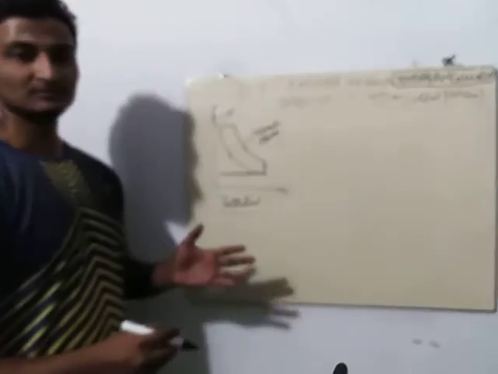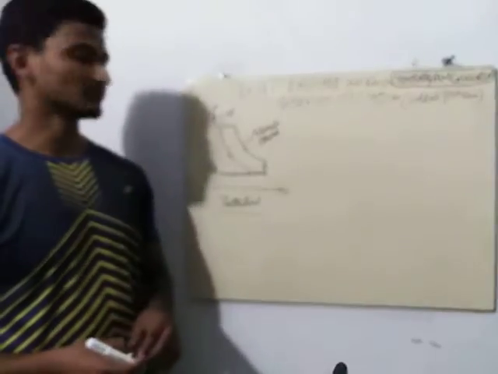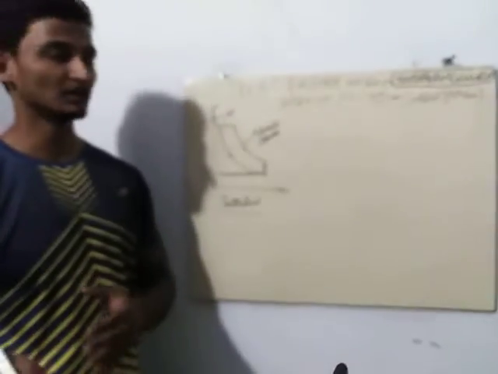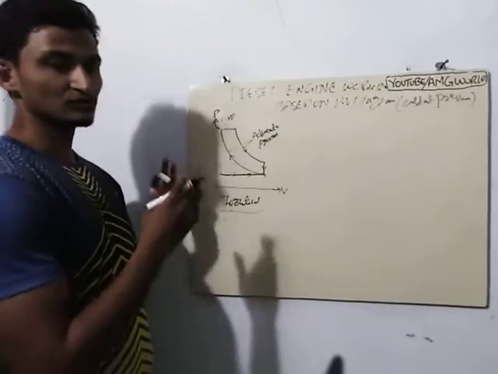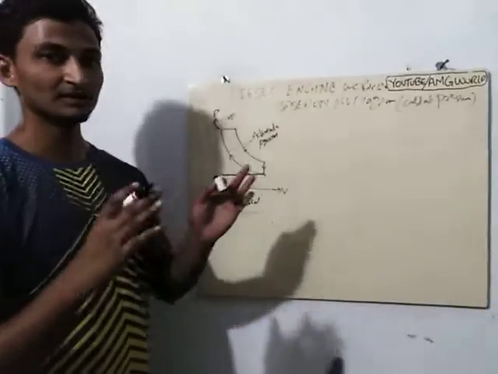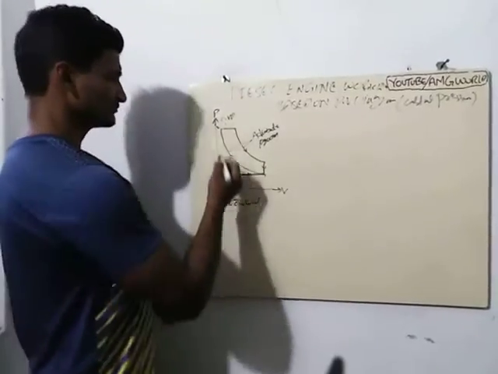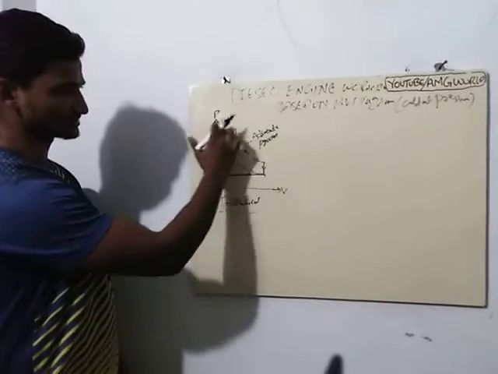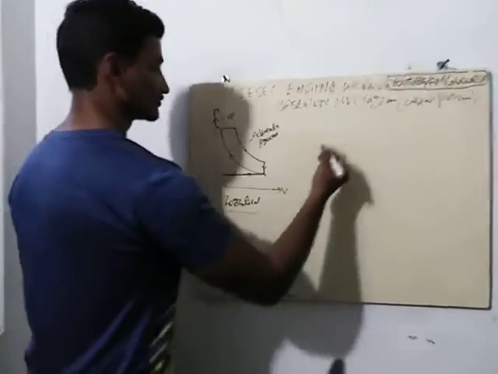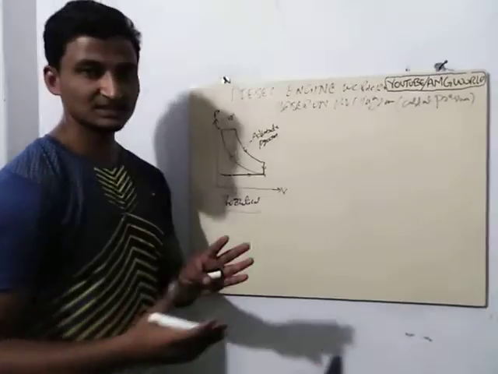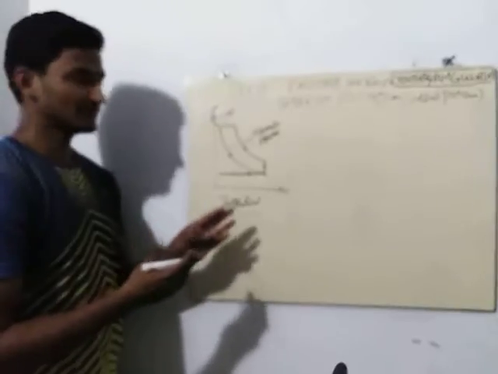Actually, we went through this in the past video, which is related to the Otto engine. This one is also the same if we compare it with that particular Otto cycle process, but the process is going to change. That's it. So how does the diesel engine function based on this particular PV diagram?